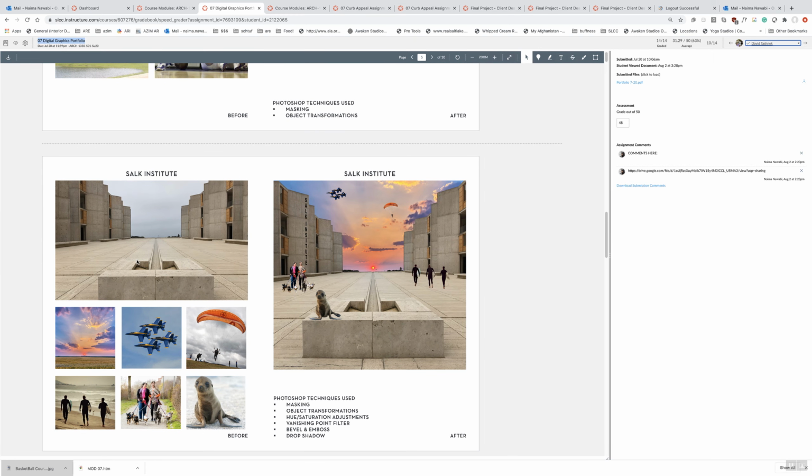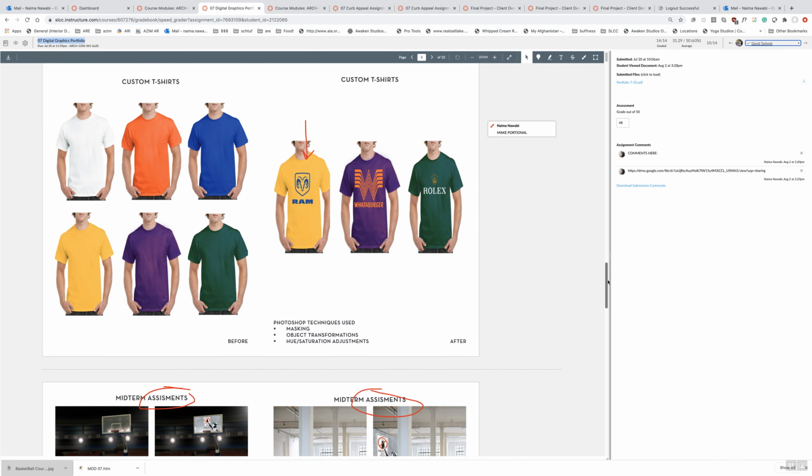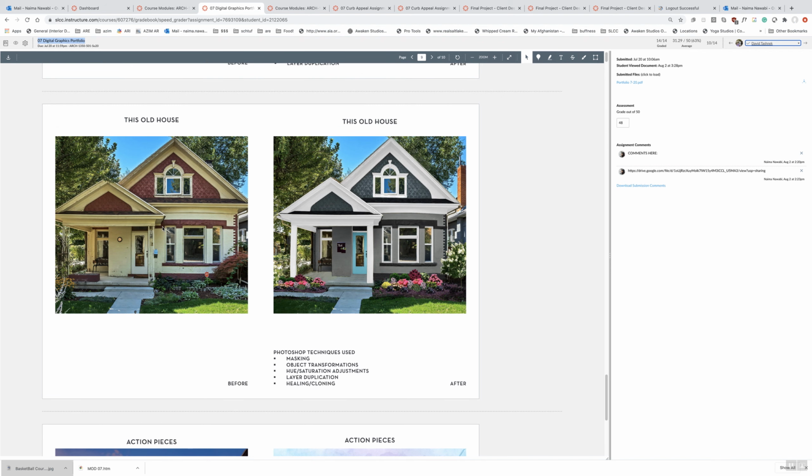but this also shows you what we do. So here's Salk Institute. This is everything that he photoshopped and brought in. Here's that favorite t-shirt. Here's the midterm assignment. So this is also a great way for you to see everything. This is create a Photoshop scene. I did it for extra credit in summer, again, just because we didn't have enough time as we do in a typical semester. Here's the other, This Old House. So again, this is an assignment, but they get extra credit by posting it in the discussion and getting the